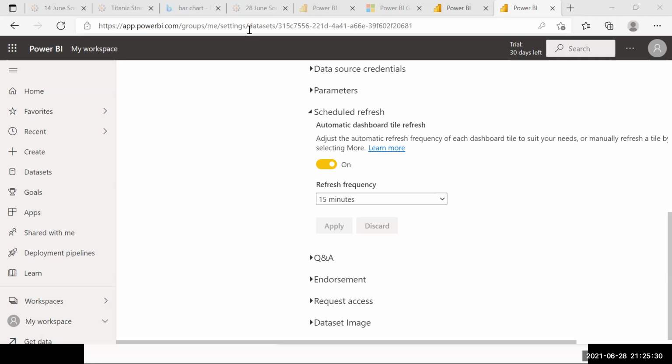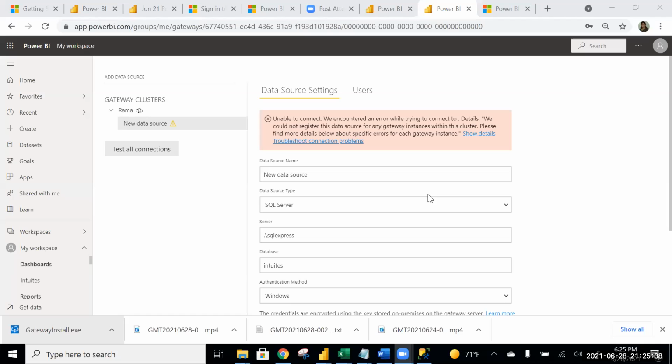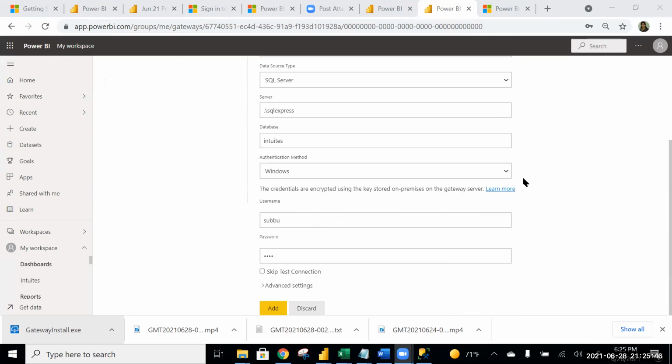Amit, I'm getting an error message. Can you share your screen? Sure. Scroll down. No, the username is not correct. You have to first put the laptop name also. The laptop name.